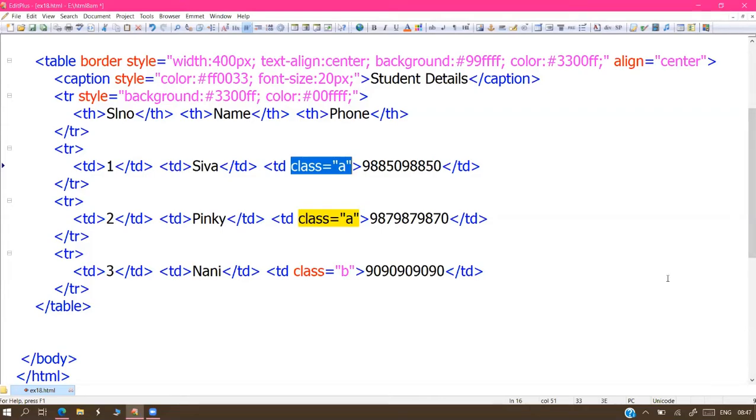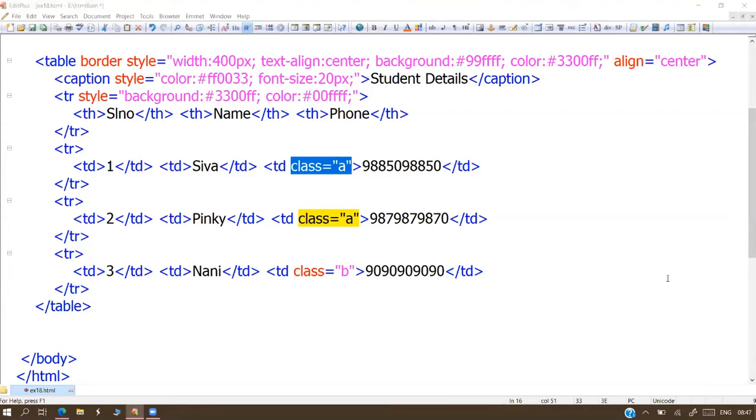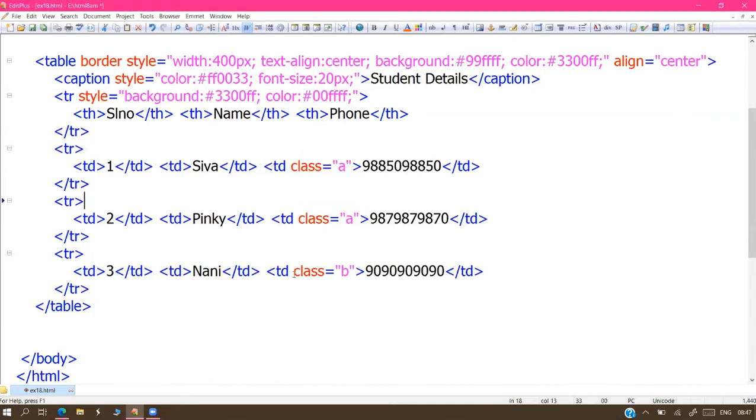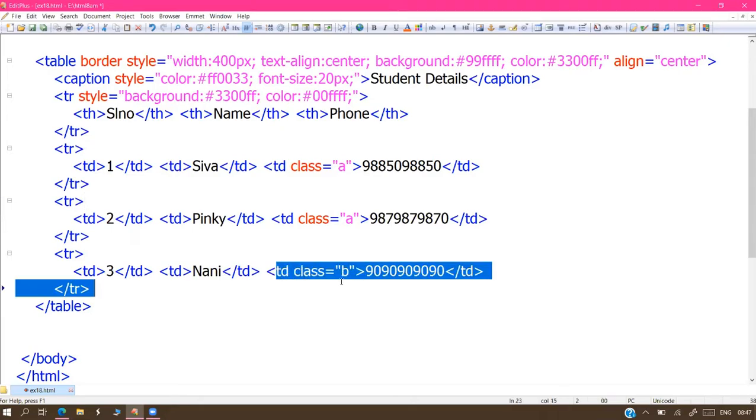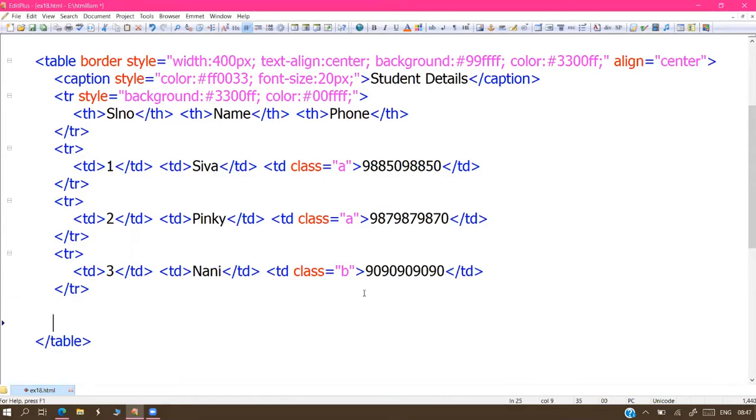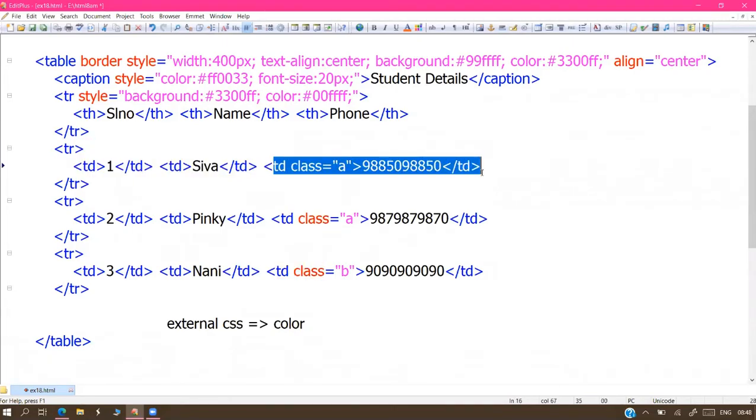No, sir, if we had 100 columns, like 100 numbers, then it will be difficult, right? 100 columns are also available in some cases. For 100 columns, you must write class B, class C, class D. Is there any other shortcut? Okay, 100 phone numbers available. You want to display 100 colors. Super, you developed the external CSS. Very good. In that, you defined 100 colors. How are you applying those colors on these phone numbers?